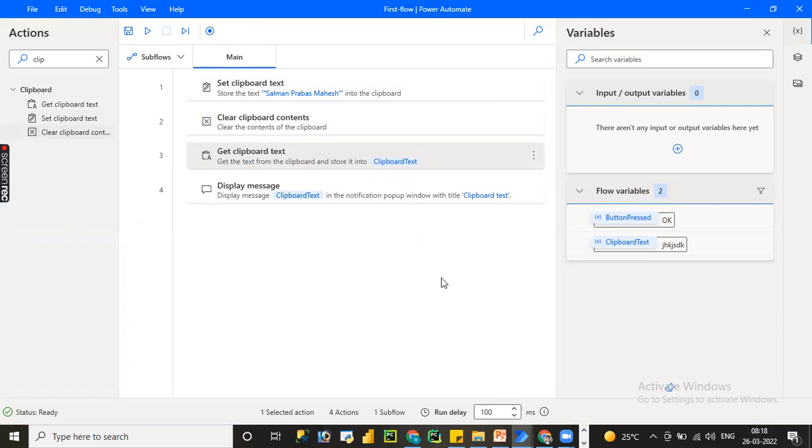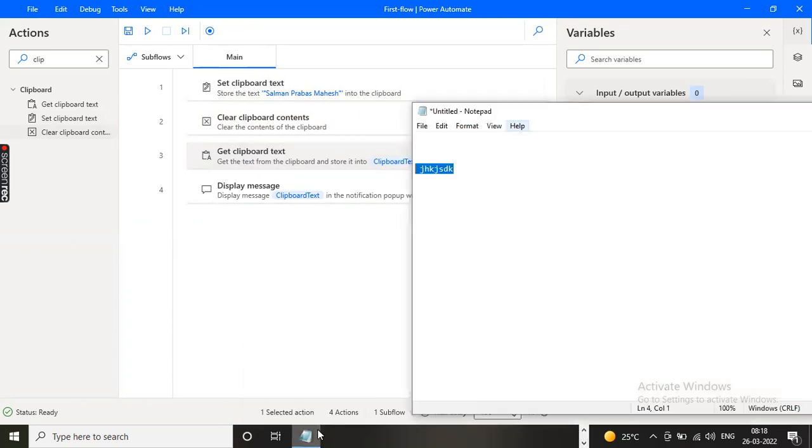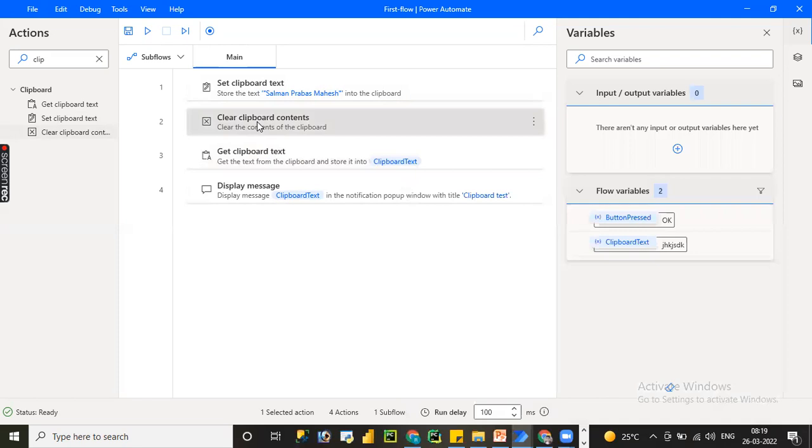So because of that reason, whenever you are trying to use the clipboard concept, first of all we should clear the content. So this is the best practice, for using clear content. So most of the processes, few scenarios, we are going to copy and paste. So if we have any default content copied in our clipboard, we should clear. So as a best practice in the real-time scenarios, we should clear the content first, and then you can